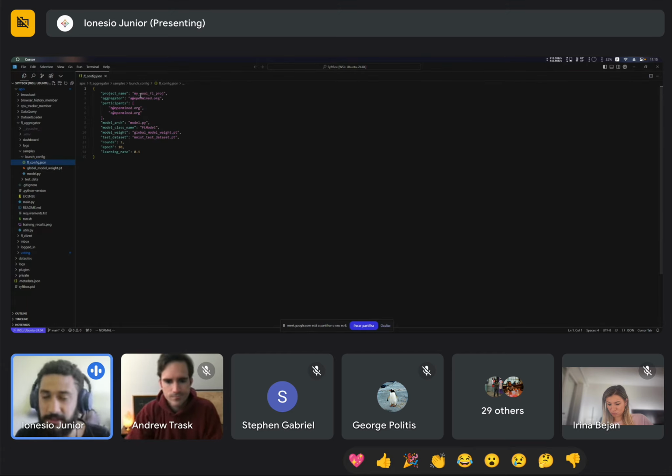Because it's here that I would set the name of my Federated Learning project, the path to my model. In this case, we'll be training an MNIST model, where the test data set lives and stuff like that, and also the participants that will be joining in this process.